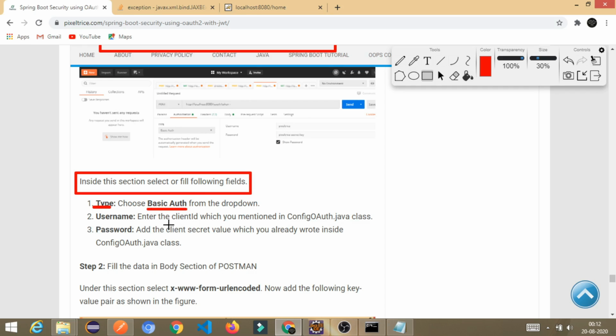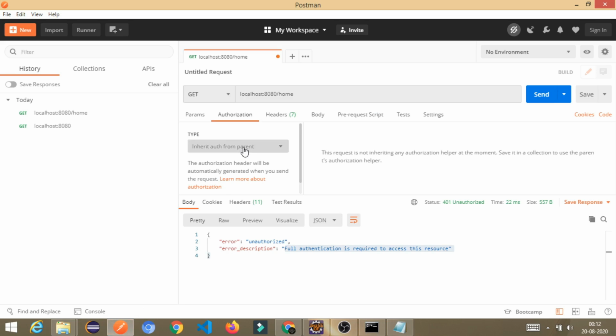Username should be the client ID which you mentioned in the auth config file. On this class, that username you have to mention, and as the password add the client secret value.